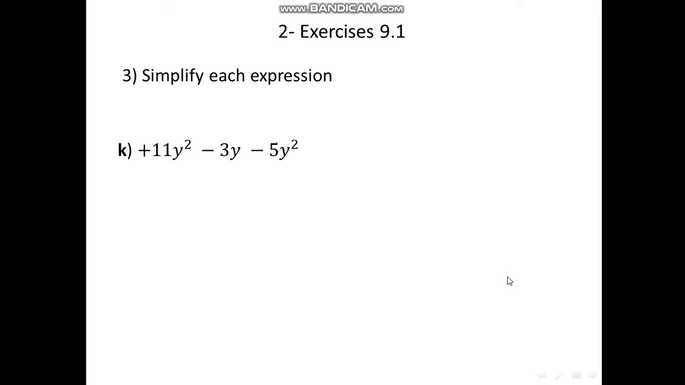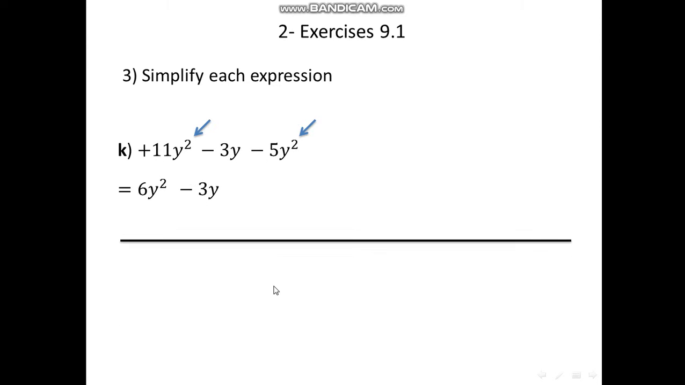Now we go to exercise 9.1 to simplify this. Do you see this expression here? Simplify each expression. We have here this term is like this term, because y to the power 2, y to the power 2, so it's going to be plus 11 minus 5, it's going to be 6y to the power 2,